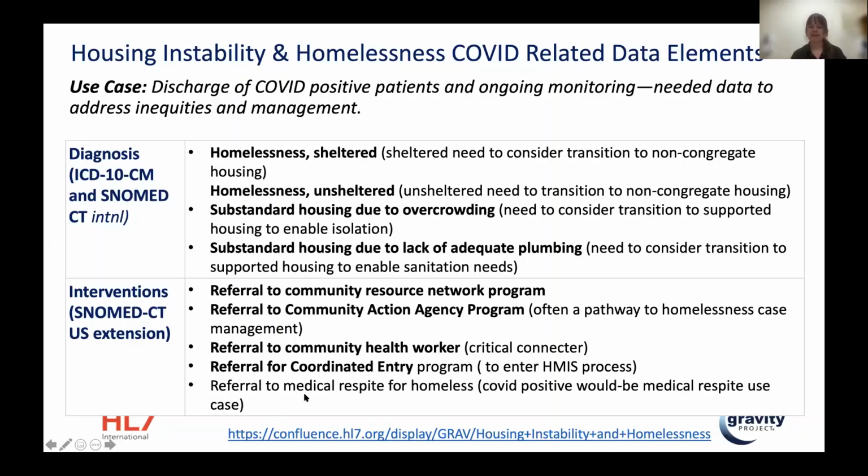Oh, this last one, it's not bolded, but it's actually really important. We also ask for a specific concept for what is called medical respite. This is when an individual is homeless and they can get admitted to a hospital setting because the homelessness plus the illness warrant the admission that otherwise might not warrant admission status. It's called medical respite, and it's a really critical finding and intervention within U.S. homelessness health risks and the research that we have there.